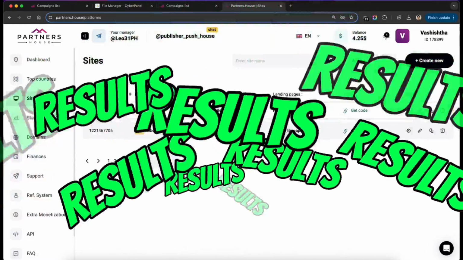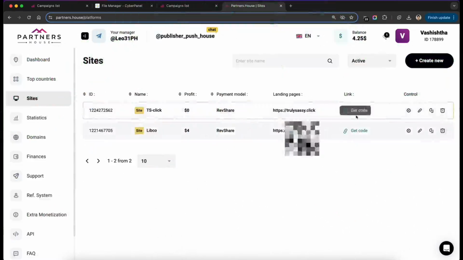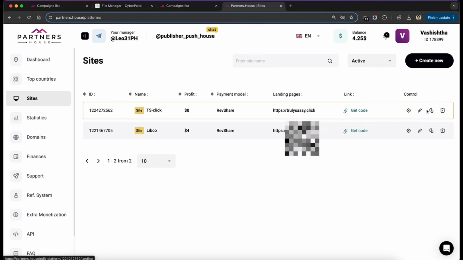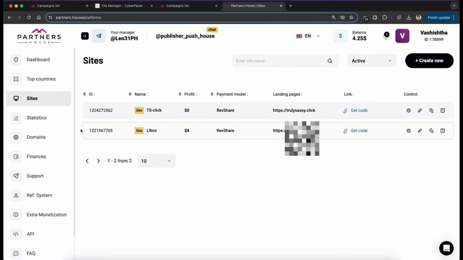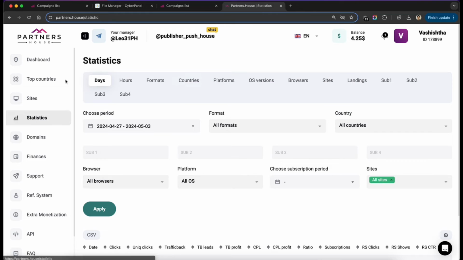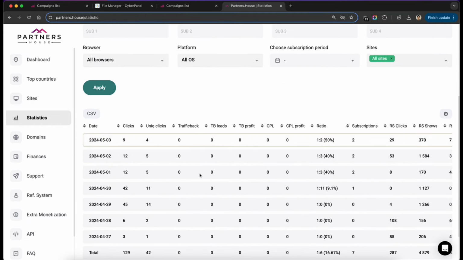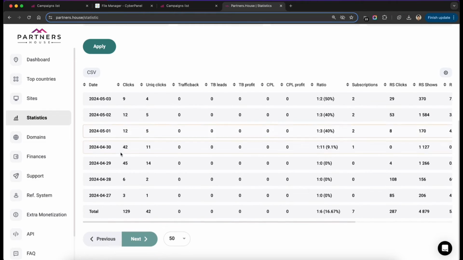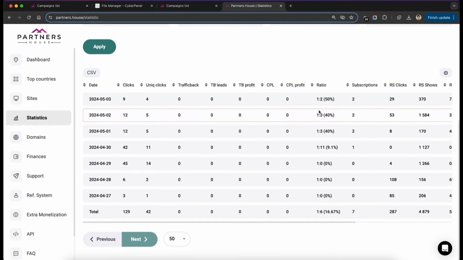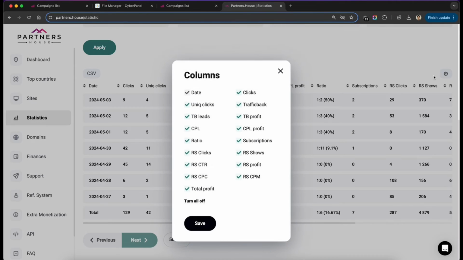So as you can see, I have sites in my Partners House dashboard, and now I can edit this and also check the stats according to days, hours, formats, countries, platforms, OS versions. So there are so many options in Partners House dashboard to view the numbers. So you can customize the statistics dashboard also.